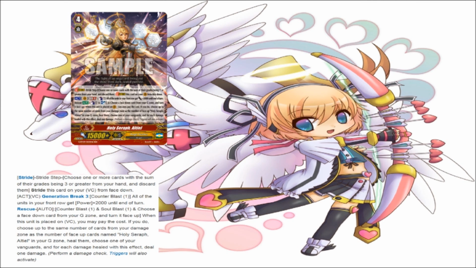Choose a face down card from a Yi zone and turn it face up. So you don't have to turn another copy of her face up. You can turn whatever copy you want face up. So that's pretty cool. When this unit is placed on VC, you may pay the cost, and if you do,